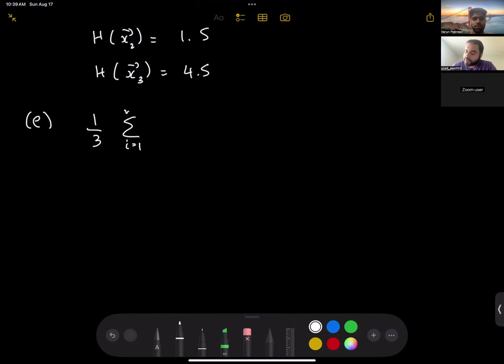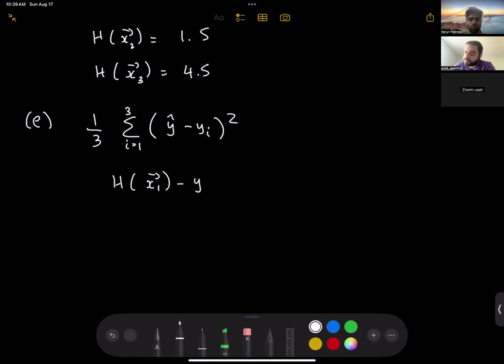Can you say again? One-third, i equals 1 to n? I is equal to 1 to 3 instead, because we know we have only 3, right? Yeah. And then (ŷ − yi) whole squared. Whole squared. Yeah. So looking at this and just plugging in values, it's 1 over 3